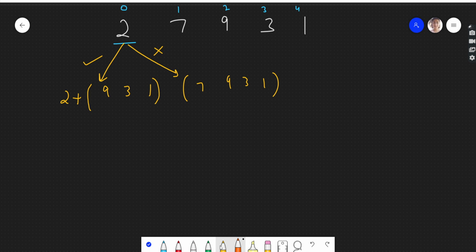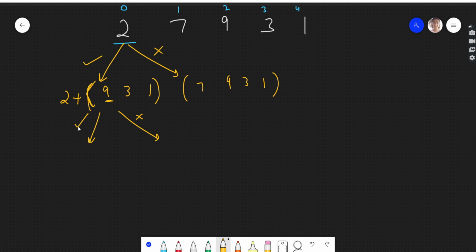Now, at this point, we are at 9. We have considered this one, so we have this call. Let's see for this. If we have 9, we have two choices. Either we can rob this house, or we do not rob it. So I'll highly suggest that you pause the video and try to make this recursive tree by yourself.